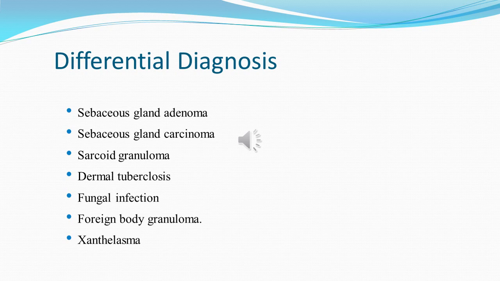And then it could be adenocarcinoma, which is seen in elderly people and is similar in presentation to that of the chalazion, but again the characteristic feature is repeated recurrences of the lesion at the same site. In addition, during surgery we can find the lesion has a different texture from that of the normal chalazion, and these lesions are vascular, and bleeding may be more than that of the chalazion. Histopathology is a confirmative diagnosis for these cases.